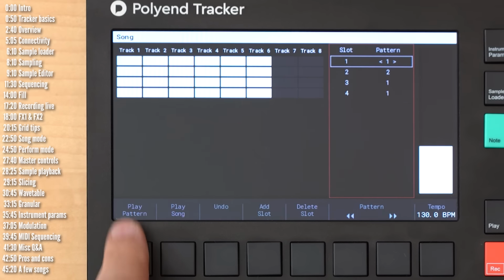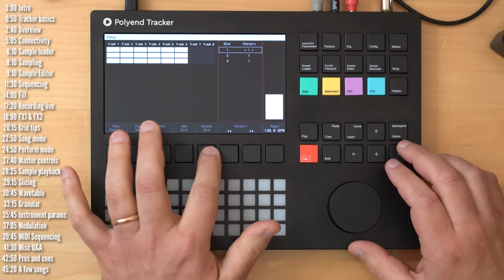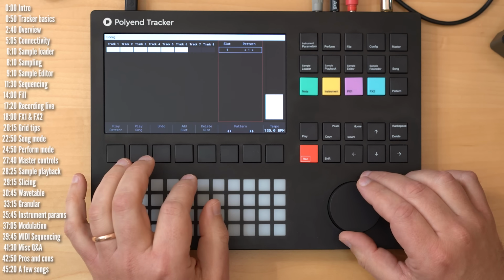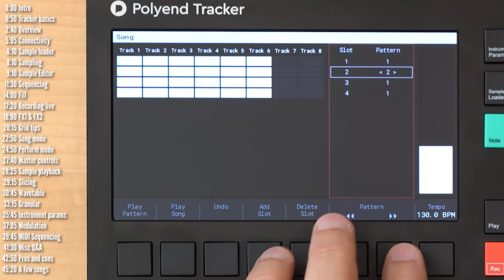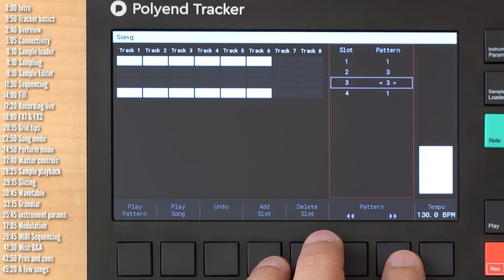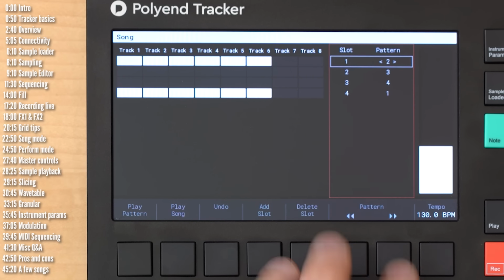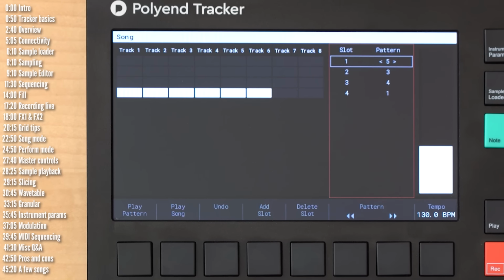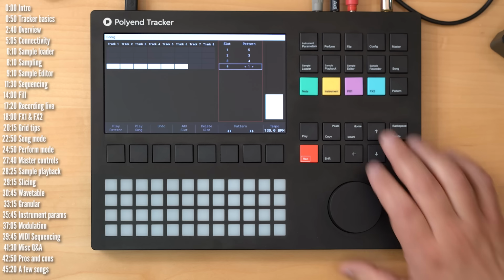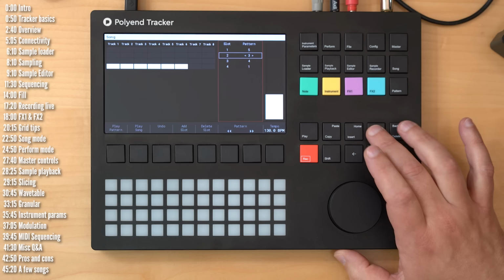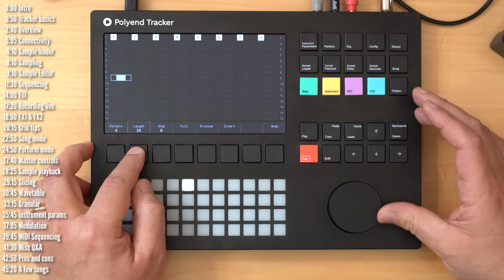And you can also hit play pattern or play song through here. Now, a fun thing you can do here, why don't I just delete these? I've got, say, pattern 1 here, then add a few slots, which I will populate with empty patterns. Let's say 3, 4, you know what, let's put 1 here and 5 here. Excuse the wrong order, but these are currently empty patterns, and this is a full one. Now, I need to make sure that these new patterns are the right length. So I want them to be,